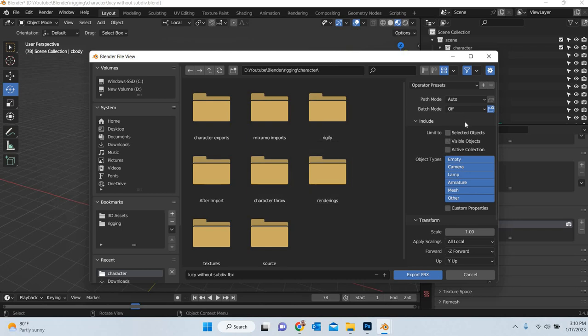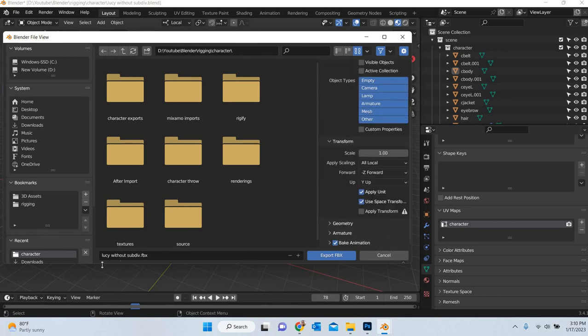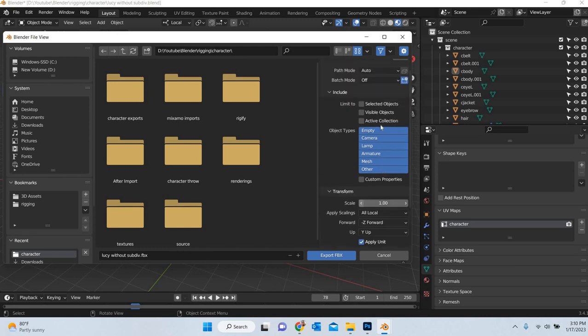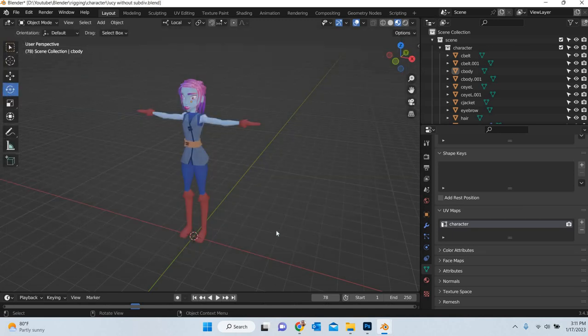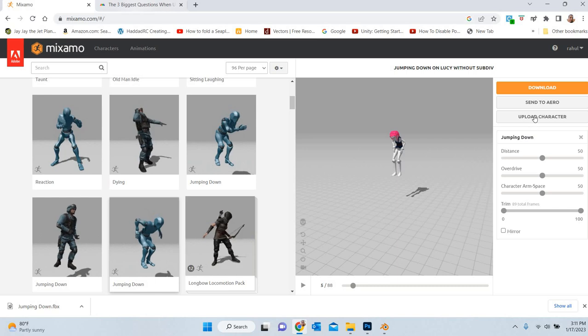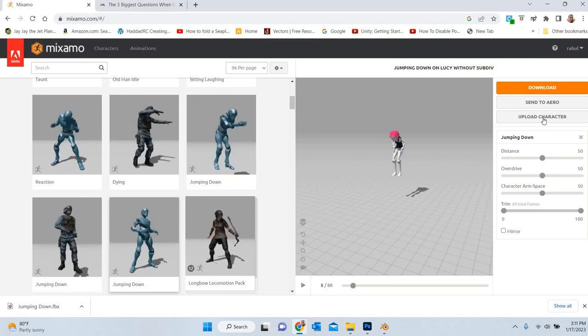Okay, and in the export I'm leaving everything as default because everything looks good in my case. But if you have to change anything, if you have to remove your camera or lamp, you can do that here and just make sure the mesh is there. But I don't have anything in the scene, so everything looks good. I have a character export folder, so I'm going to export it as FBX, and then we go to Mixamo, you have to log in, so you can log in using Facebook